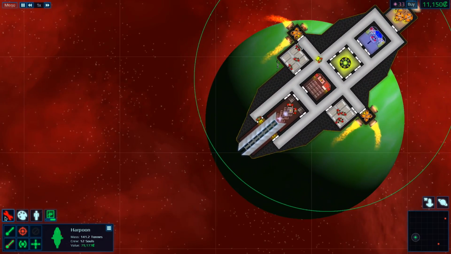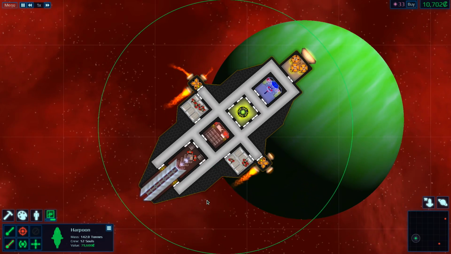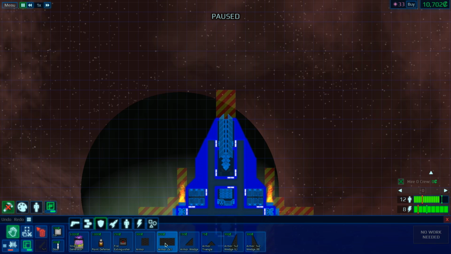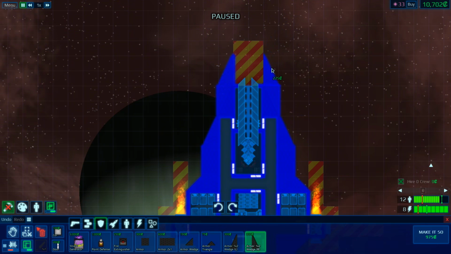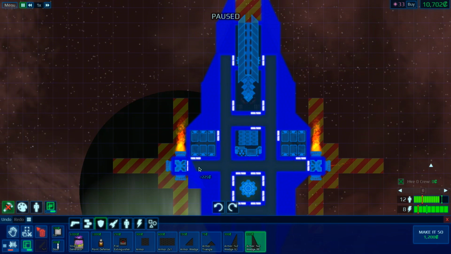Do I have any repairs to do? 500 repairs to a little bit of ammo and a little bit of armor. And the first thing I'm going to do actually is extend our armor here just to give us a little bit more protection to the gun itself. And other than that,